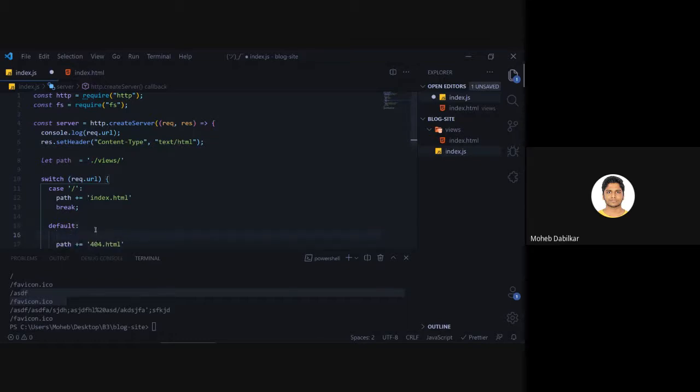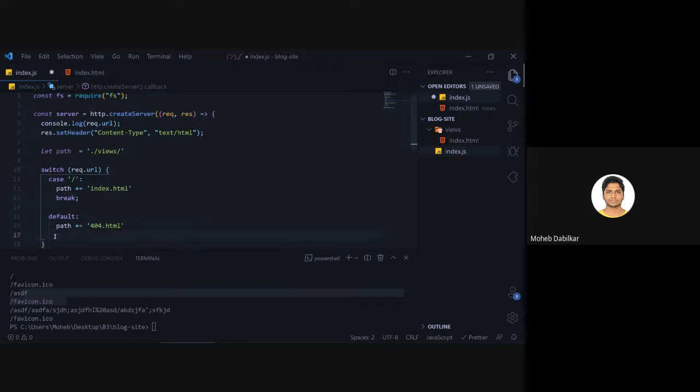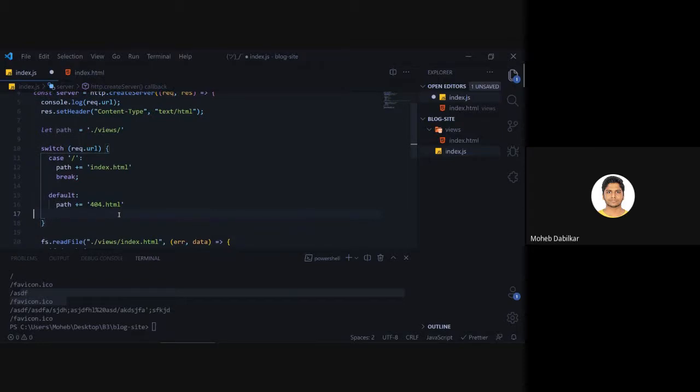Now plus equals to is an assignment operator. So if you say a plus equals to b, it will do a equals to a plus b. Please figure it out. If you don't understand, find it somewhere, you will be able to. Okay, chalo, now that we have done all this, let's just create a few more cases.